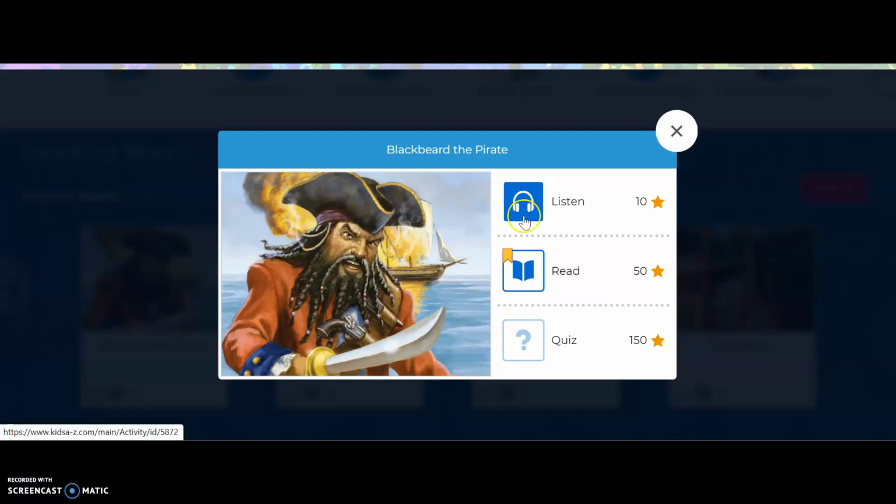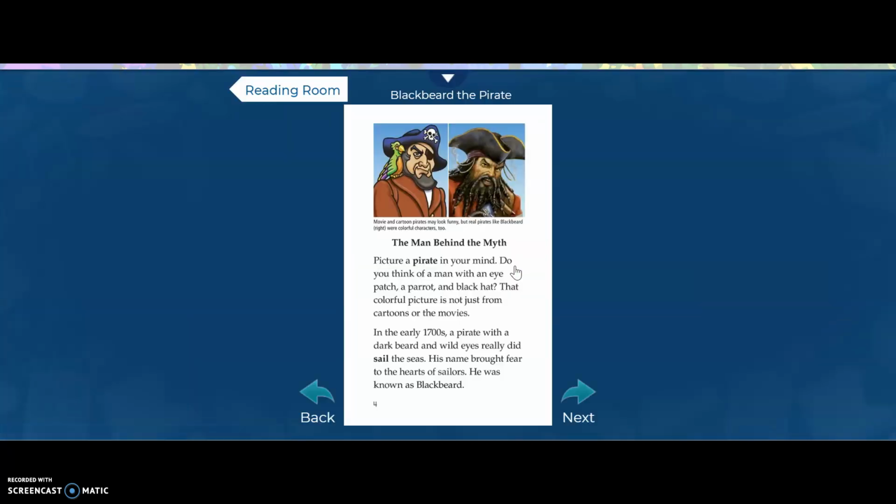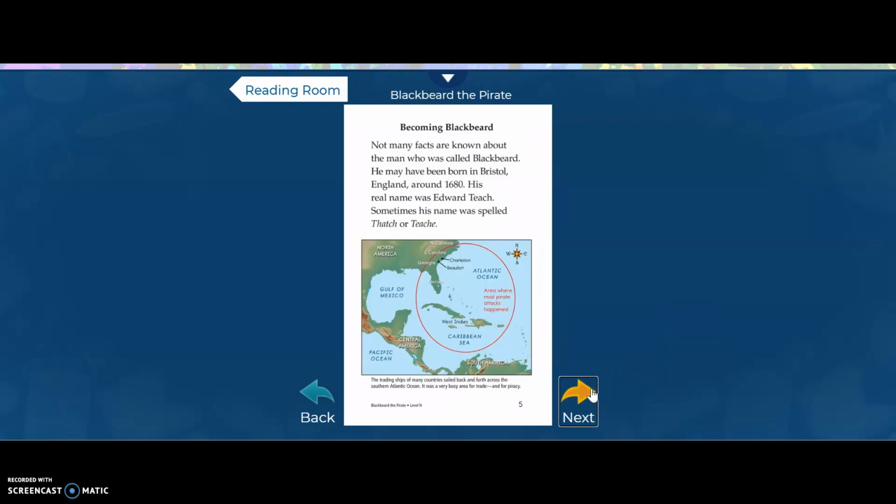He just clicks on it. You can see how many stars. Notice this little bookmark here. That's because Owen started this. And once you start reading a book or listening to a book, it will bookmark where you last left off. You would continue reading the book just like you would any other type of book, except of course this one's online. All right, I'm going to go back to the reading room,